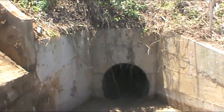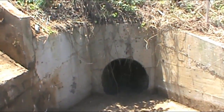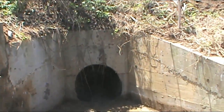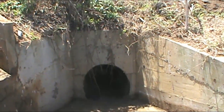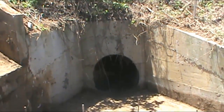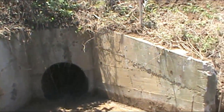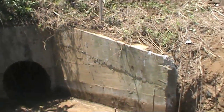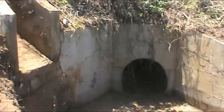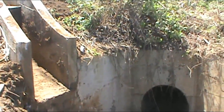This underground drain is made from that plastic PVC piping, like what you see they have on the site down at Argyle, under the road, bringing the water from the other side to this area. And this water once used to flow down in this area before we had the airport being built. But what is going to happen now, they are going to put back this drain, they are going to link